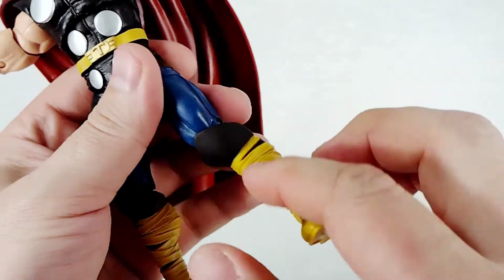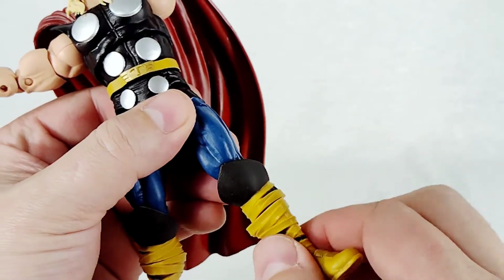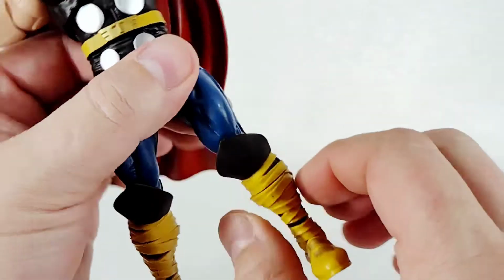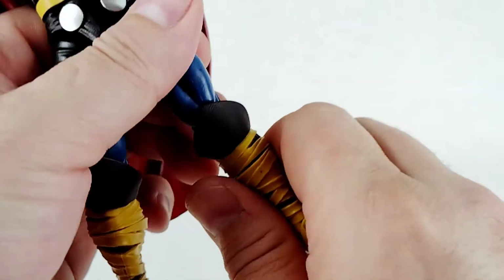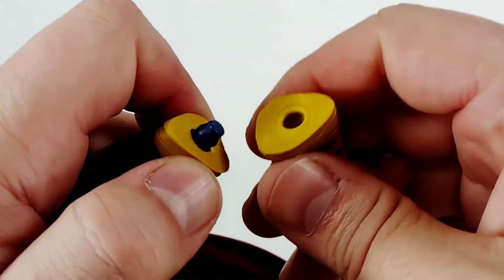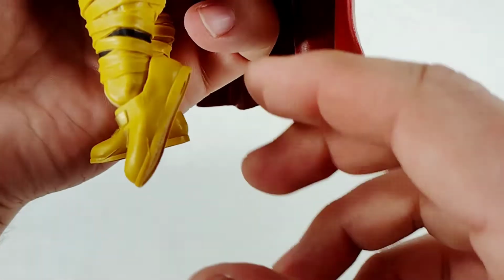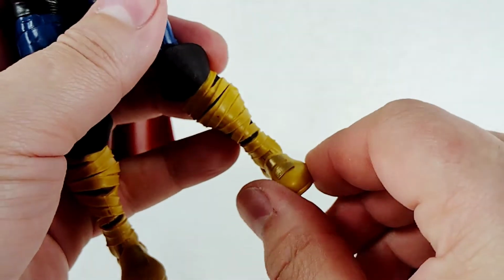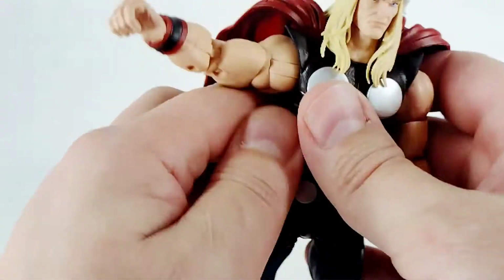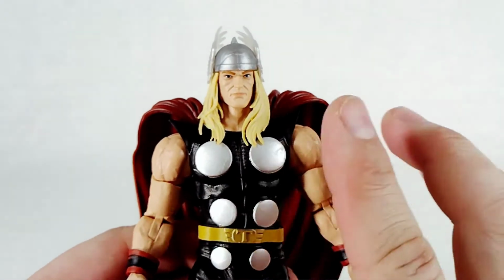He has a boot cut, which I don't get why they put it down here, and they didn't put it here at the top of the boot, but that is what it is. It kind of looks a little funky when you turn it sometimes, though. And also, mine is gapping a little, and these are really soft. You can pull this off, and I might try and shave some of that down just to get a tighter fit. I'm not sure. But ankles go back, ankles go forward, and a forward-facing pin for rock. So he has all of the articulation that we've come to expect from a Hasbro figure. I can't really speak to Marvel Legends because, as you know, I don't have a whole lot of Marvel Legends,